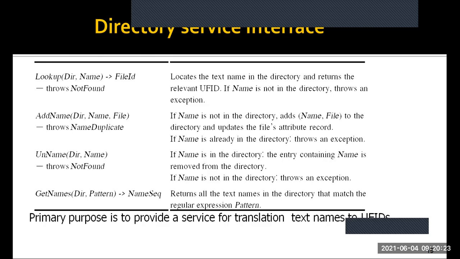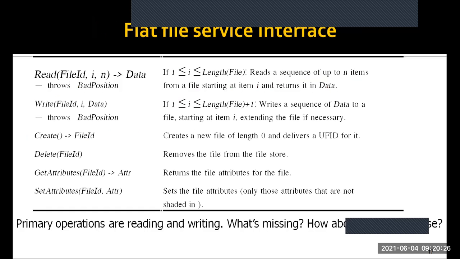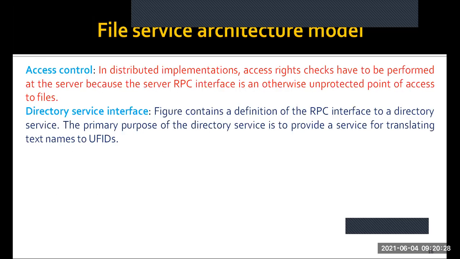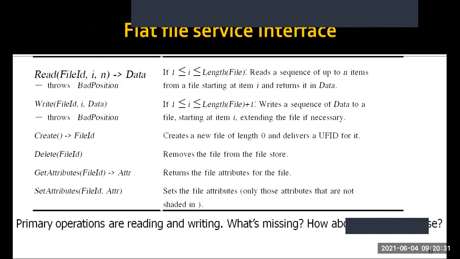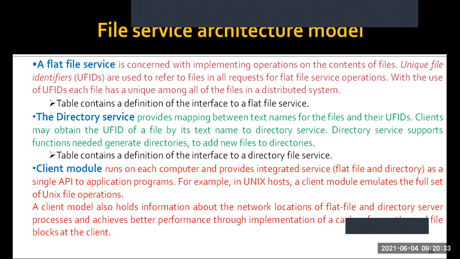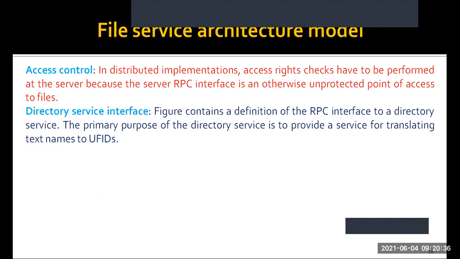present in a directory. Okay, so these are all the services available in the flat file service operations and also the corresponding directory service interface. So other than the flat file service directory service client module, we are also having the access control and the directory service interface. So directory service interface ఏం చేస్తుంది అంటే డెఫినేషన్ ఆఫ్ ద ఆర్పిసి ఇంటర్ఫేస్ టు డైరెక్టరీ సర్వీస్. ఆటోమేటిక్గా మనకి ఏ రిమోట్ ప్రొసీజర్ కాల్ యూజ్ చేసి మనం ఆ ఫైల్ని యాక్సెస్ చేయాలనుకుంటున్నాము, ఆ పర్టికులర్ ఆర్పిసి యొక్క ఇంటర్ఫేస్ని హ్యాండిల్ చేయగలిగే డెఫినేషన్ దాని దగ్గర ఉంటుందన్నమాట.